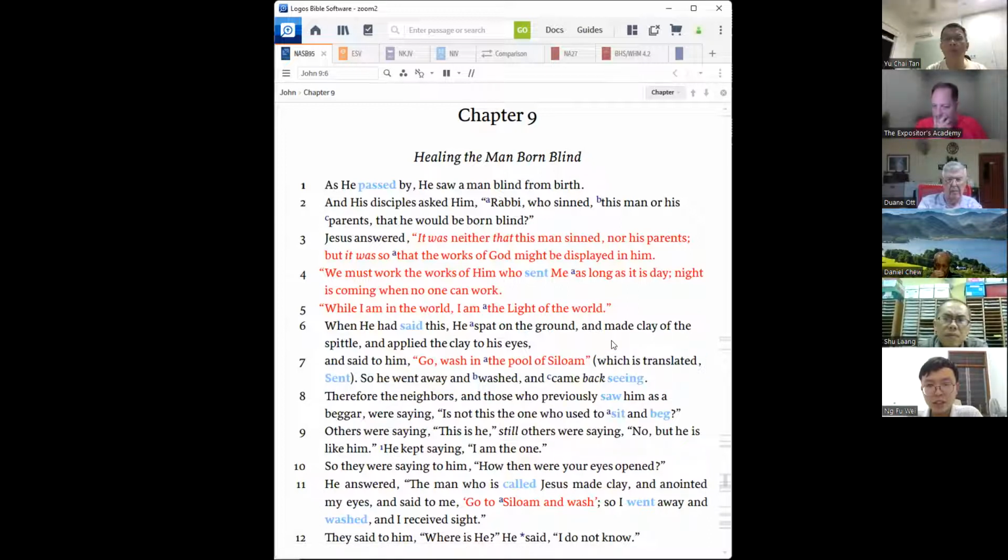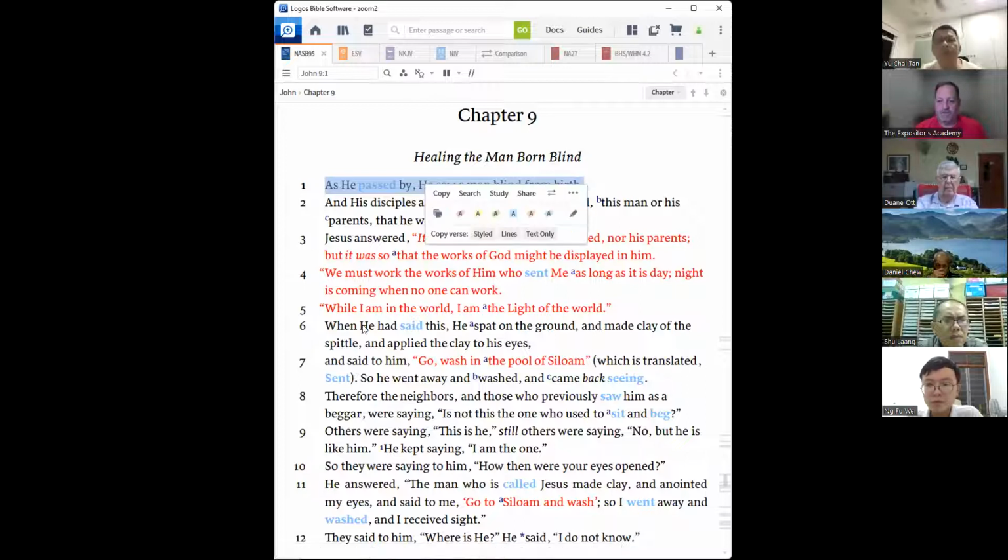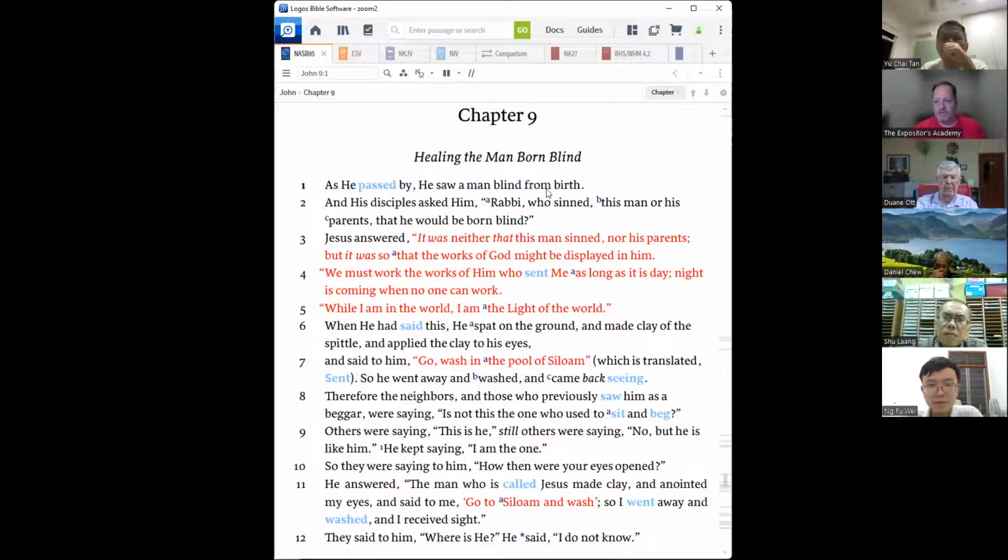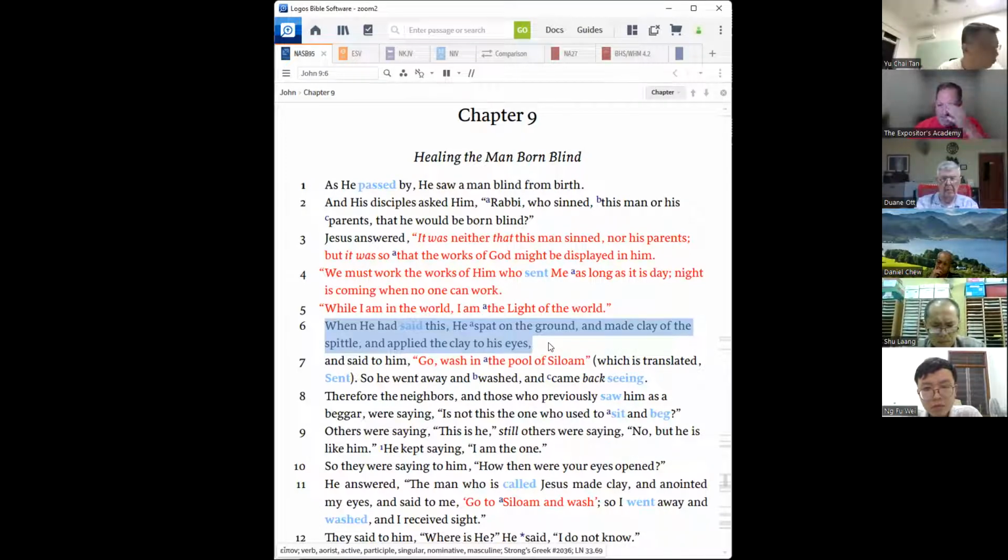Yes. So he makes some comments to move the story along, as was mentioned. First in verse 1, that Jesus saw a man who was born blind. And then there's some dialogue with Jesus and the disciples. Then in verse 6, the narrator describes what Jesus does. He spits on the ground, makes the clay, puts it on his eyes,